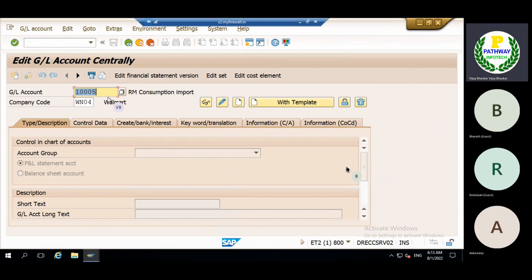The system automatically opens the screen. Now give the GL account number which you want to create, and the company code. Everywhere you need to give the information and press enter. Here we have given the GL account, I will give it once again.